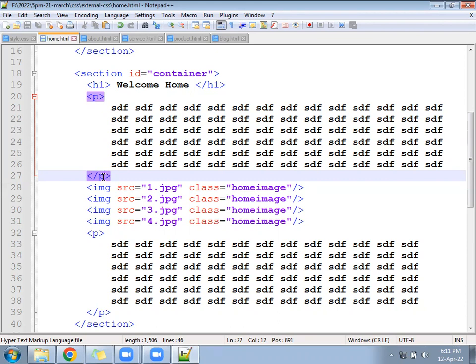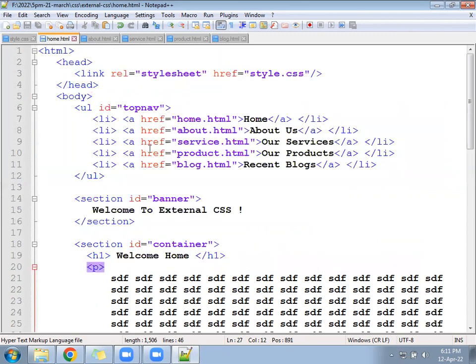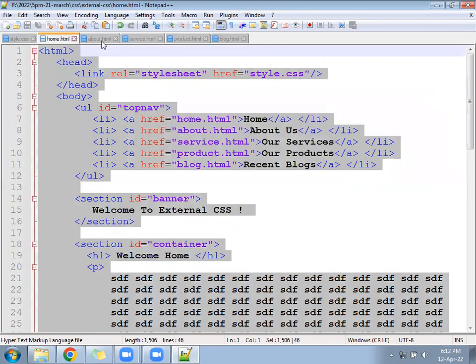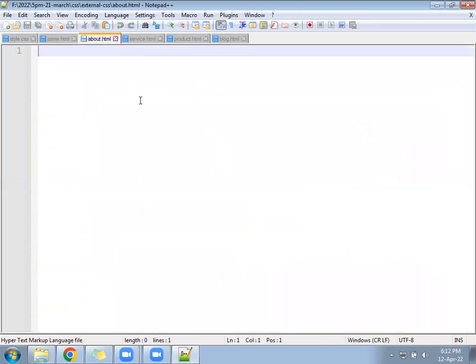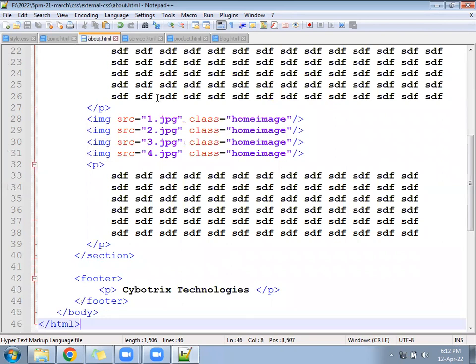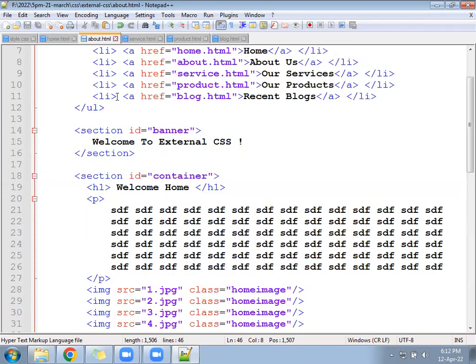Okay, let's go next. The about file is already ready. You can take a copy of the home file. The CSS will be the same. Copy and paste the about file.